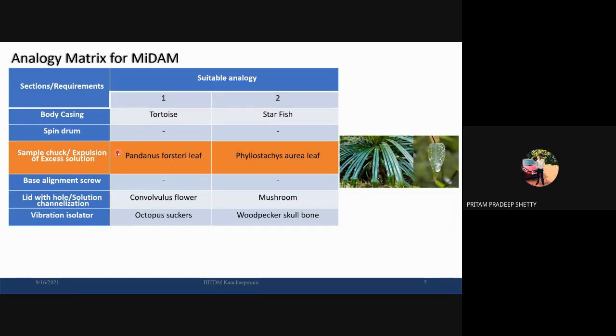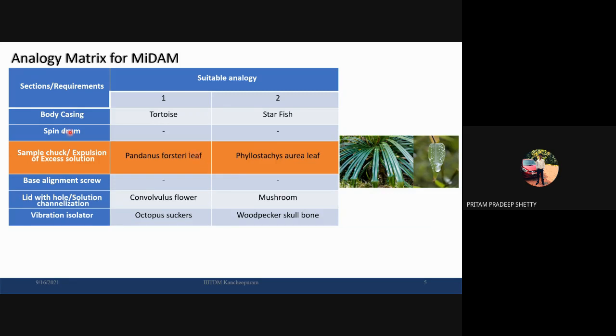Another important thing about the chuck is that it shouldn't block the fluid which we drop over it. So it should freely expel the excess fluid which is sitting on top of the substrate while it's spinning. Otherwise, the fluid won't be expelled, and at the edges of the sample holder you will get a thicker film. So we don't want that. We need a uniform film, right? So excess fluid should be easily ejected out of the substrate.